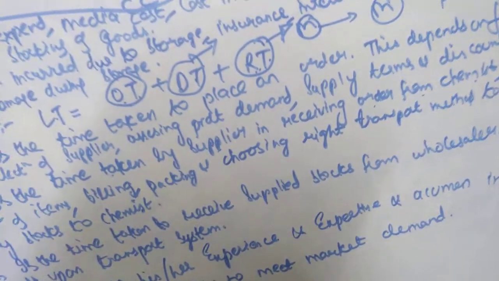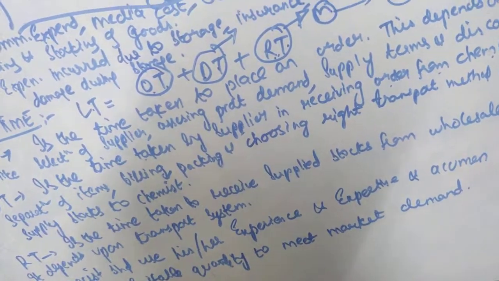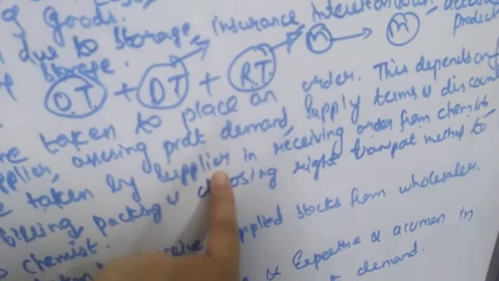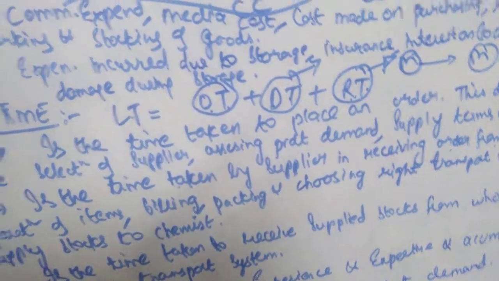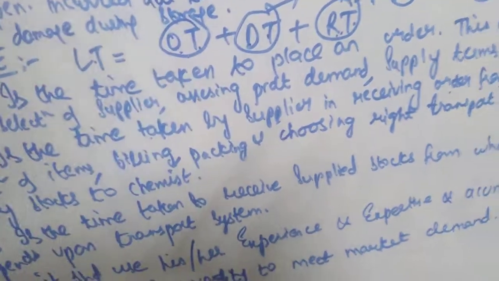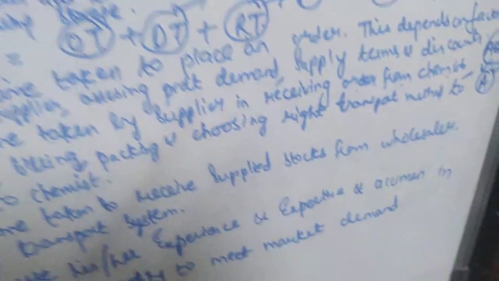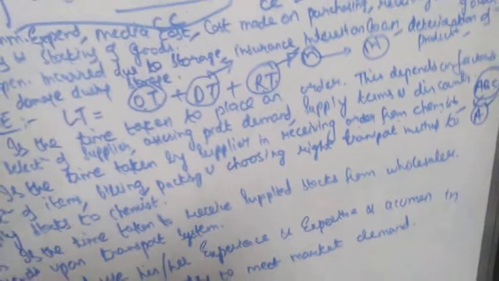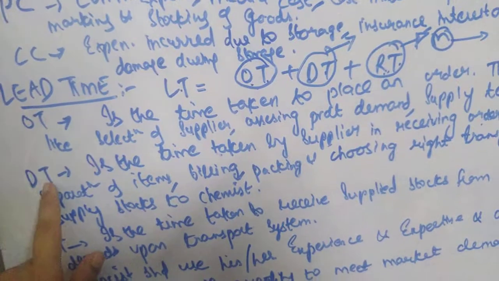This delivery time can be influenced by the non-availability of the ordered stocks. If the supplier does not have stocks, then it will take more time for him to deliver, and it will also depend on the lack of adequate staff. If the supplier does not have enough staff, then obviously the delivery time will increase, because he has to purchase, select the method, and then transport. So this all depends on the lack of adequate staff and non-availability of the ordered stocks.